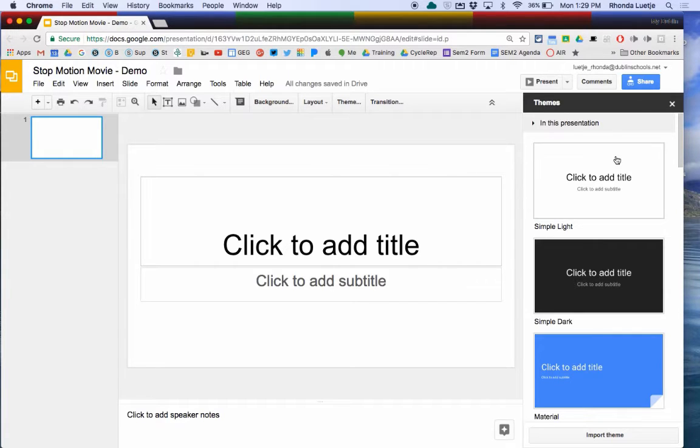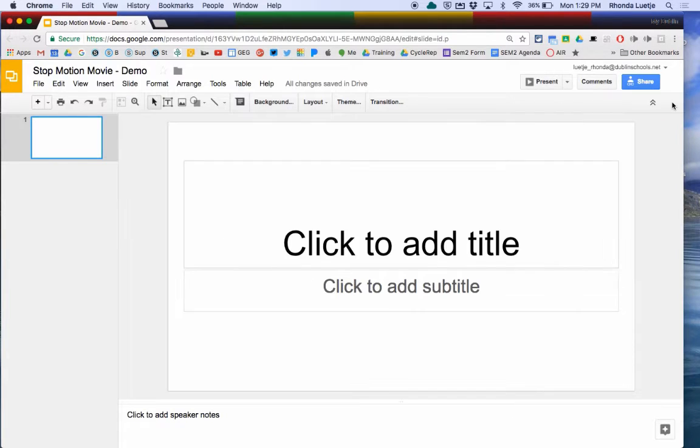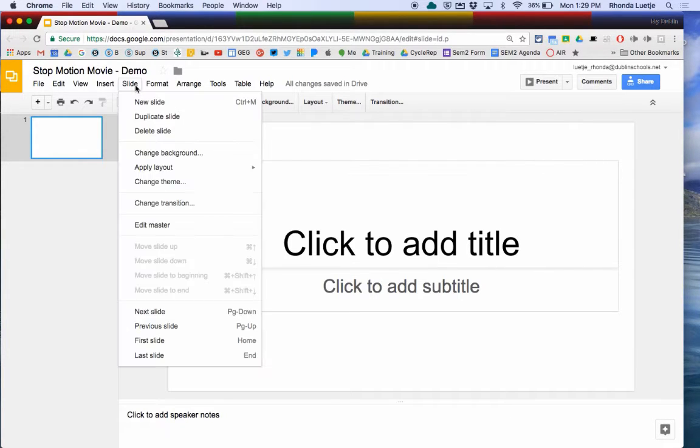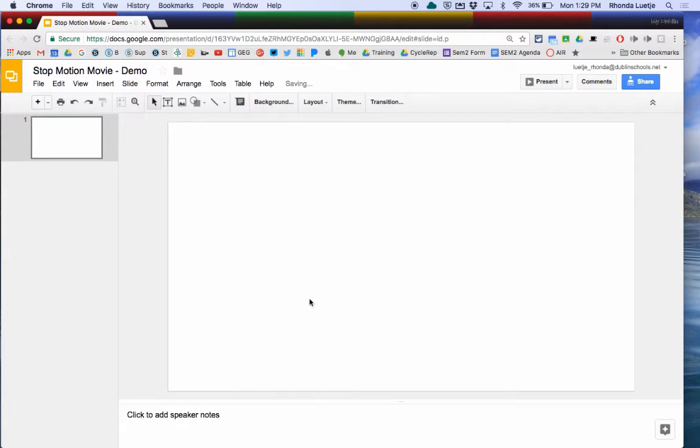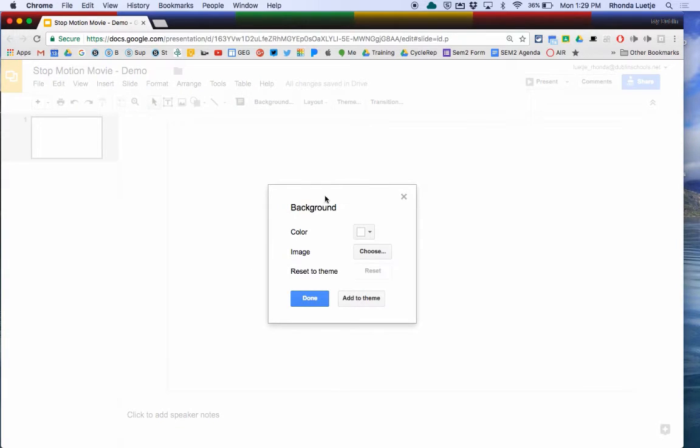I'm going to add a background, but don't use any of these other themes that have all these fancy things. You don't need them. You just need a blank space. So I'm going to go to slide and I'm going to select this blank layout. So all I have is a blank slide. So I can go into background and I can say